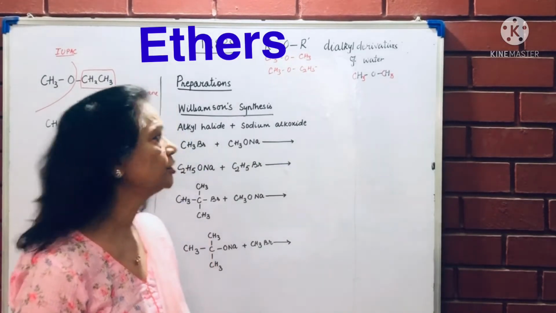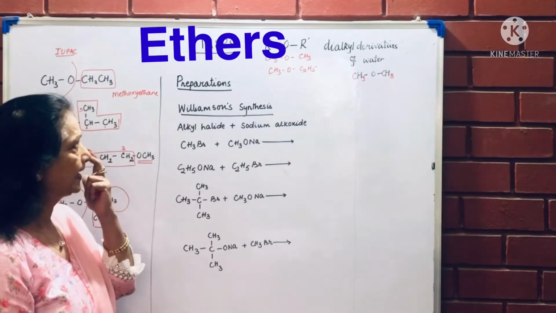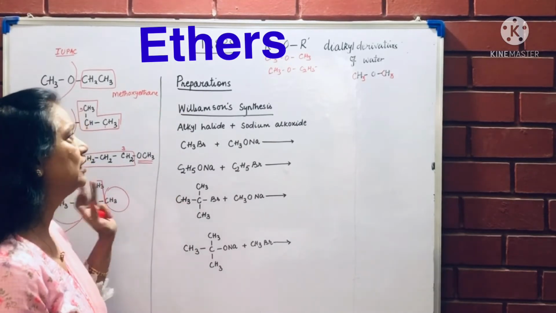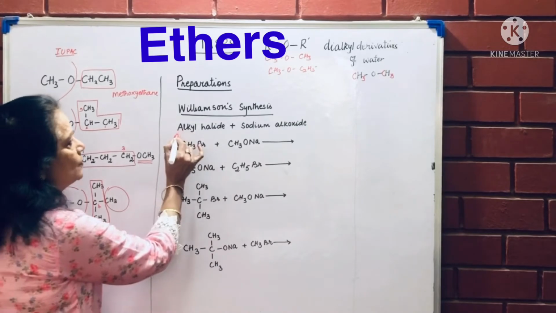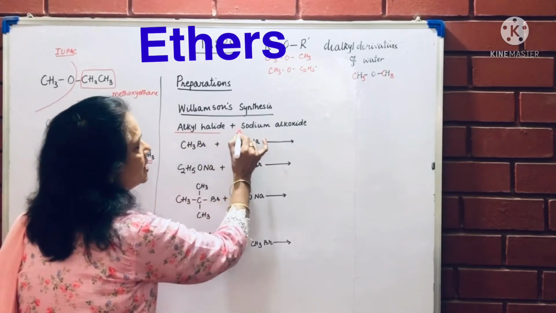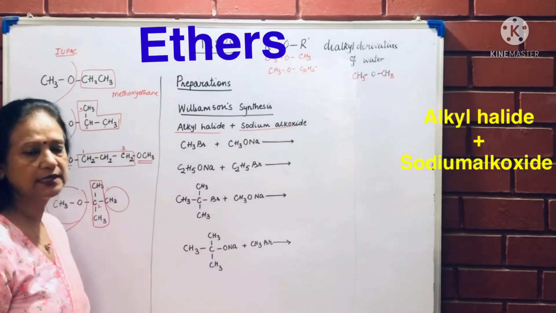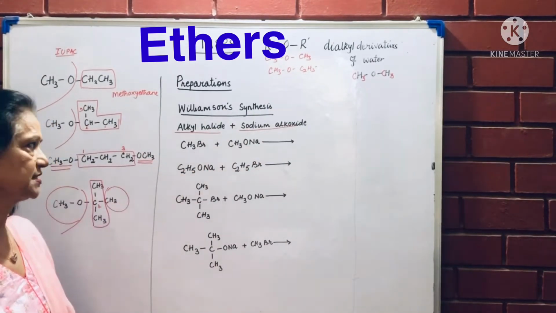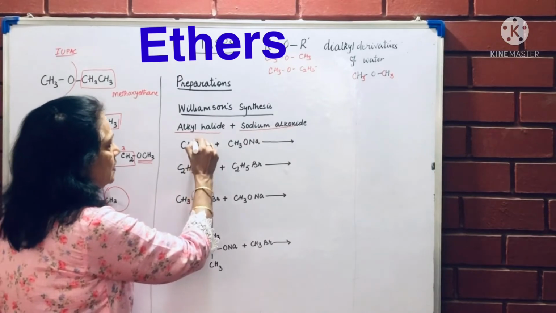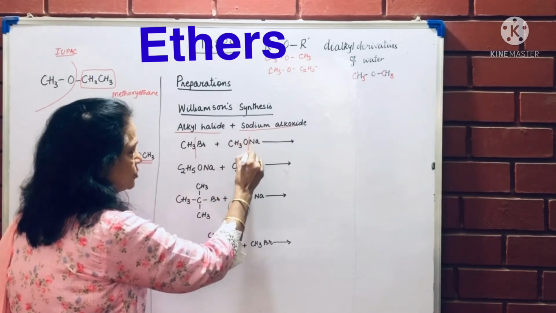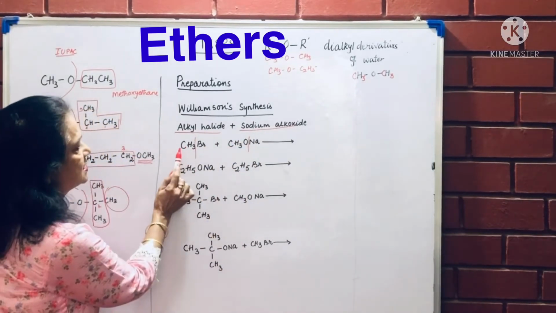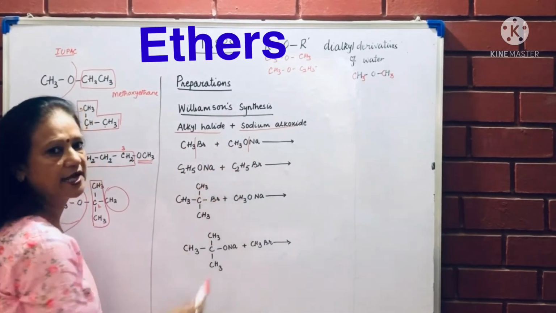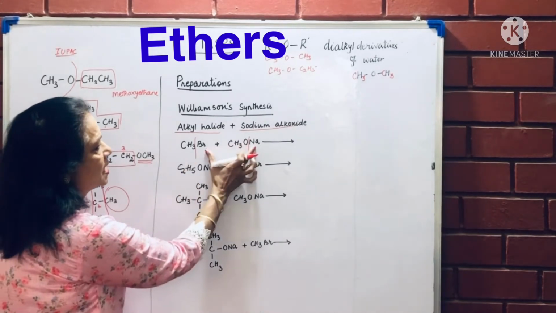One of the very good methods of making ethers is Williamson synthesis. The name should also be known, Williamson synthesis. What we are using is an alkyl halide and sodium alkoxide. Alkoxide means methoxide, ethoxide, the alkane and its oxide. So I can divide the compound into 2 this way. This is the alkyl halide CH3Br. Sodium methoxide I have taken here. So NaBr can come out.